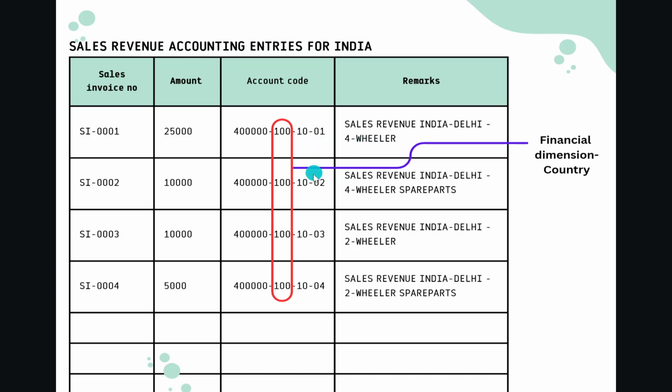Similarly, I have now added all these possible transactions for each segment. Now look at it. This particular code is nothing but a data tag. It is a tag for my transaction. What is this tag? This tag is called the financial dimension. And what is it representing? It is representing the country financial dimension. The next one similarly will be for business unit, and the next one will be my product